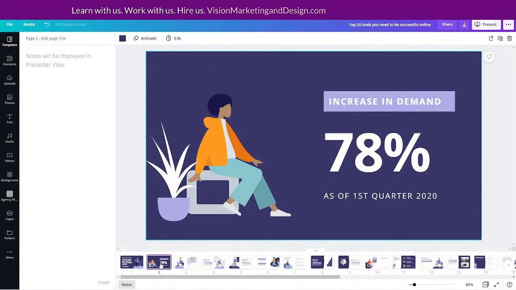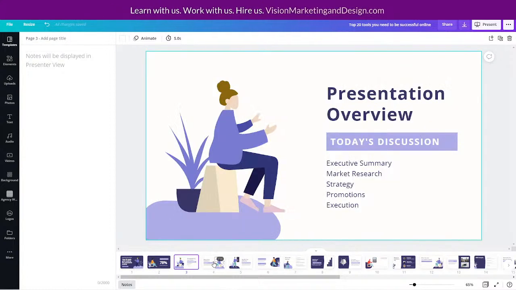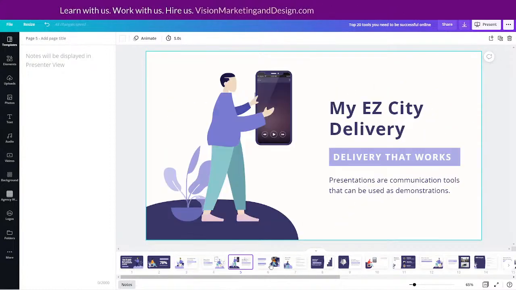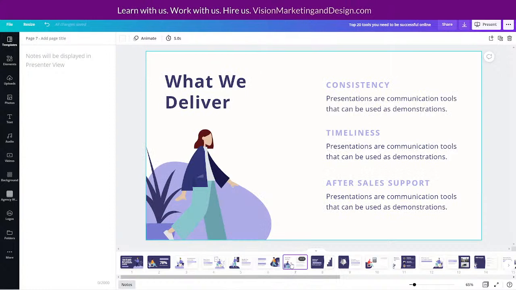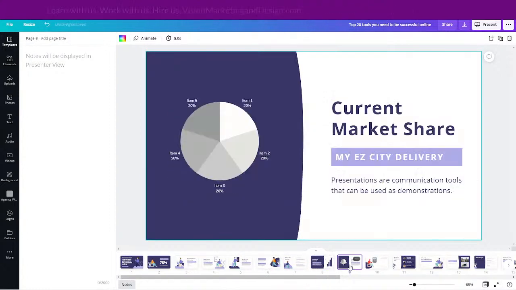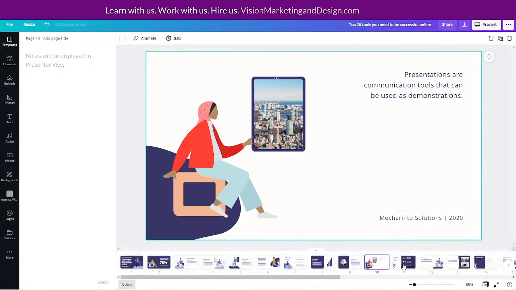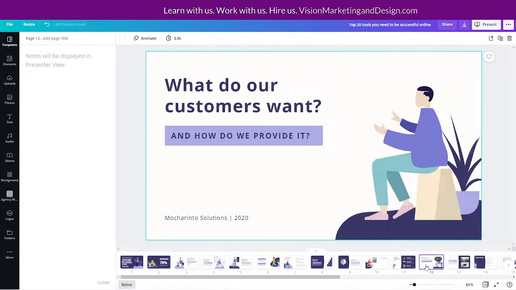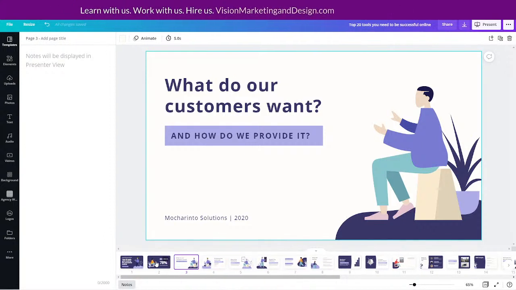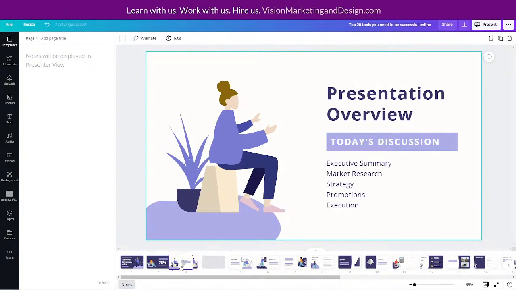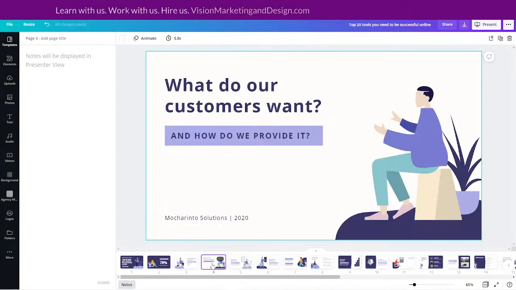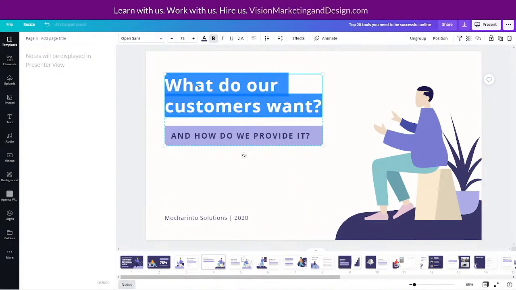So I'm just going to move that slide there. I'm not going to be too concerned about it right now. Again, this is kind of like a rough draft, okay? So I'm looking right now for a picture and then kind of a title and a little bit of text. So maybe something like this. So I could actually move this here now. So we talk about statistic, and then we go right into, who is this for, right? Or actually, we want to go to the presentation overview, and then what do our customers want, right?